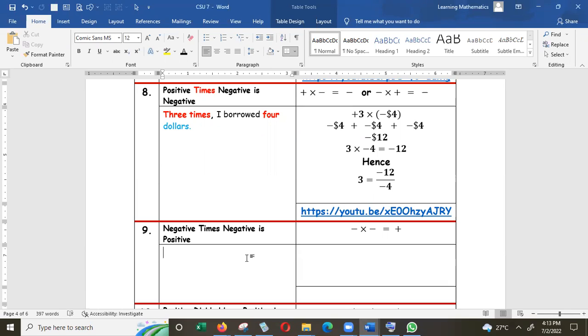Here we're going to demonstrate a very common phrase. A negative times a negative is a positive. Okay? A negative times a negative is a positive. Now, a real scenario, we're going to outline it in words. Someone could have said, I could have said, for example, it was not that